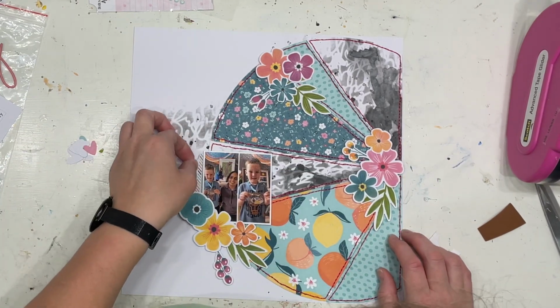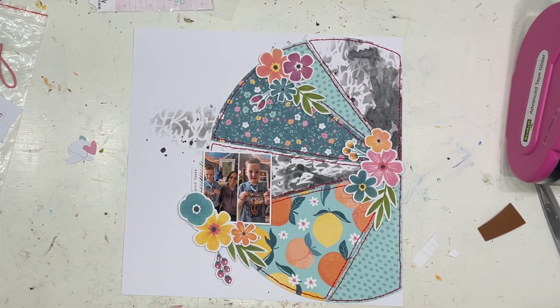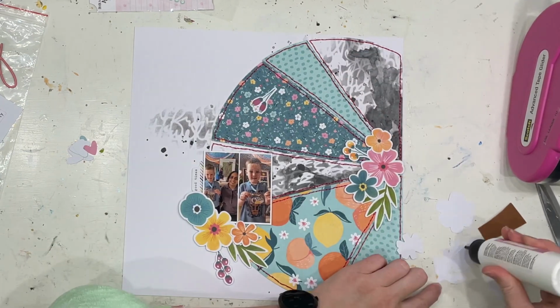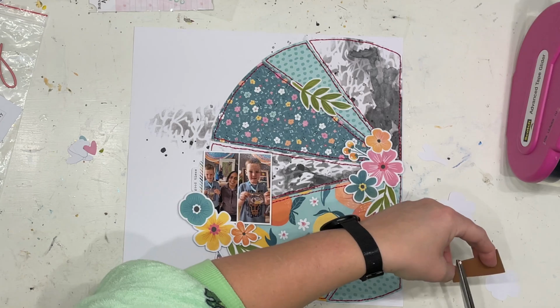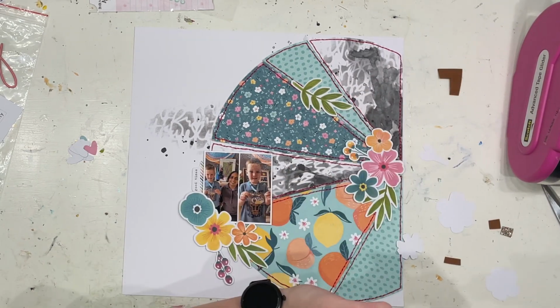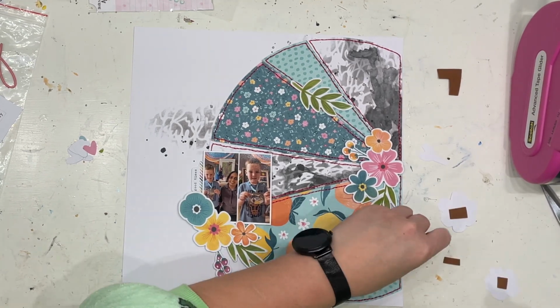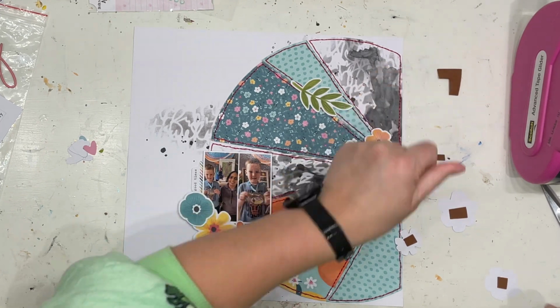And I also popped them up on foam just to give that extra bit of dimension. And you can obviously see there a little bit more detail into what that little hidden journaling was looking like and how I trimmed it down just to make sure that little tag is the right shape and looks pretty. So once I finish off this next cluster here, then I'm going to go ahead and put on